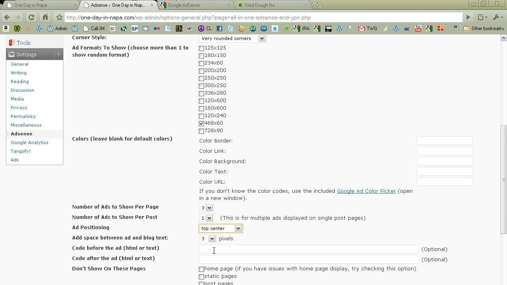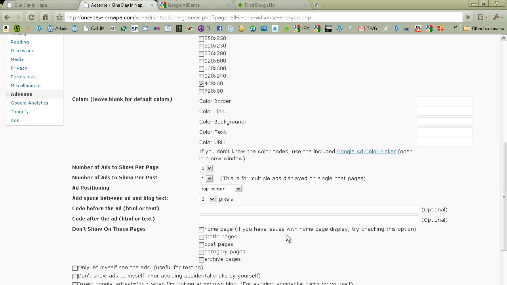And add space between ad and blog. No, 3 pixels is fine. We don't need any code before the ad or after the ad. You could, if you wanted to,